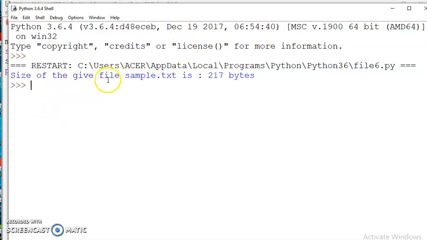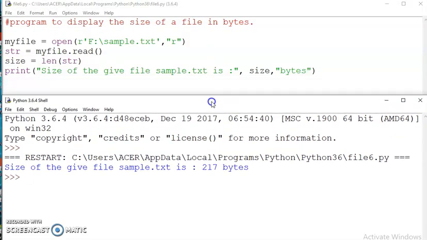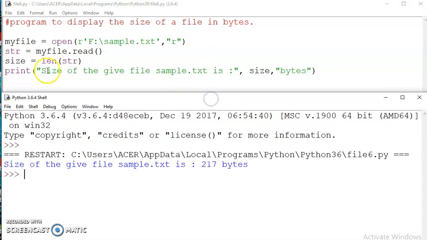Please keep in mind here we have 8 lines and the total size is 217 bytes. To read the whole file we use the instruction myfile.read. Remember, the read function reads the characters as bytes, but the readline function is used to read line by line.